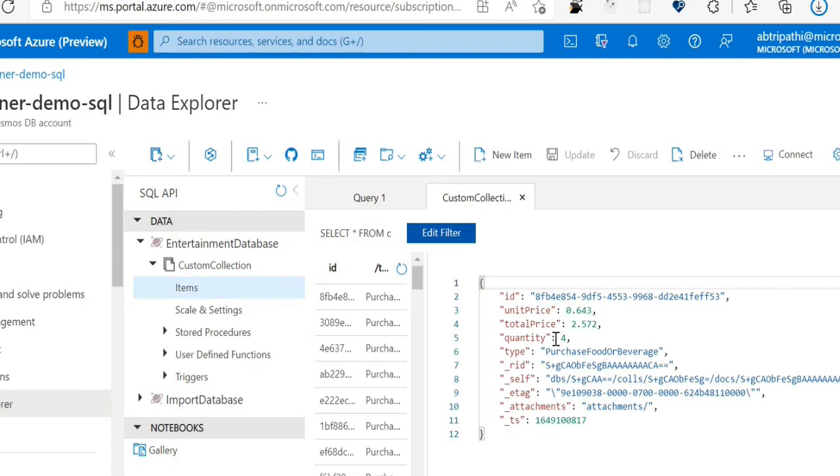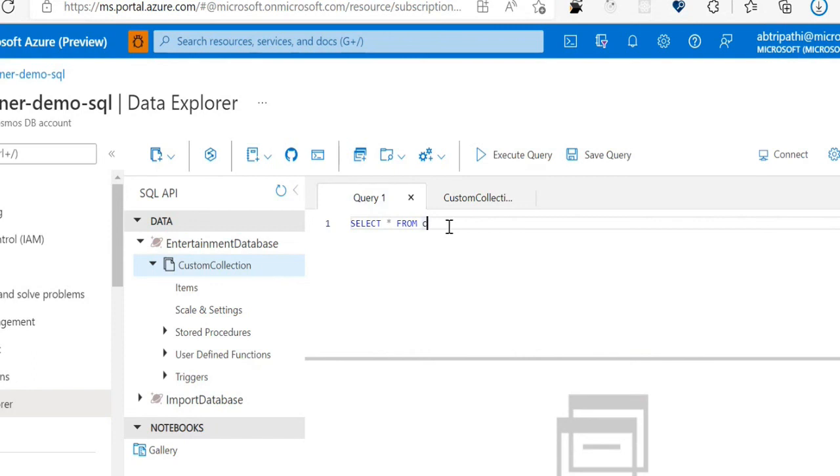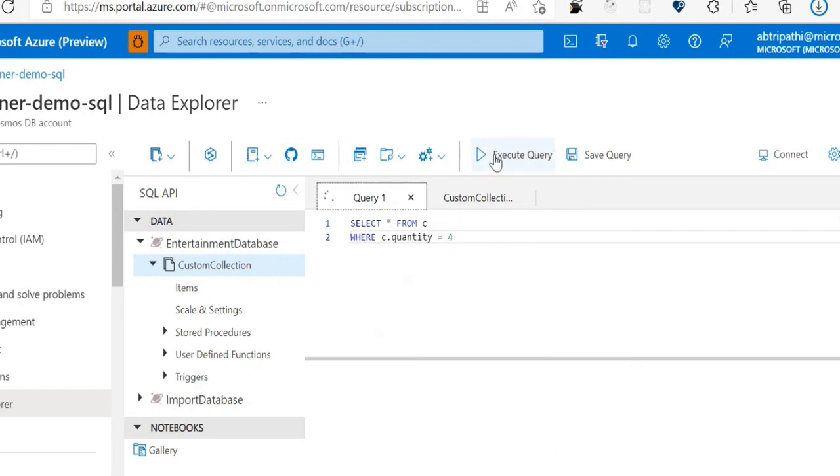So when I was specifying number of properties, these are the keys in the key value pair. So unit price is one property, total price is one property, quantity is one property, type is another property. So let's look at all those items where the quantity is, let's say, 4. So if we were to run this query, select star from C where C dot quantity